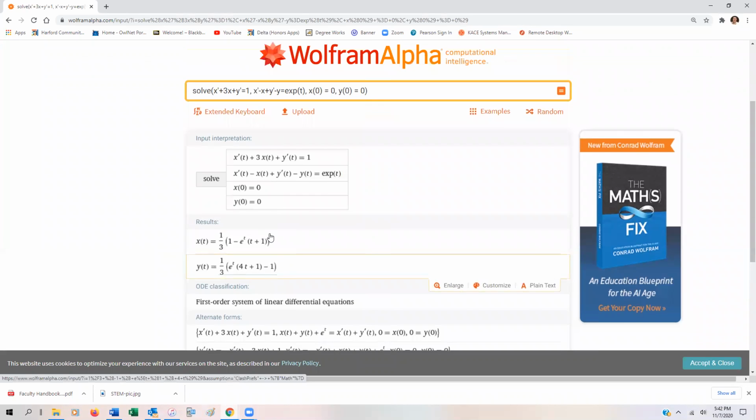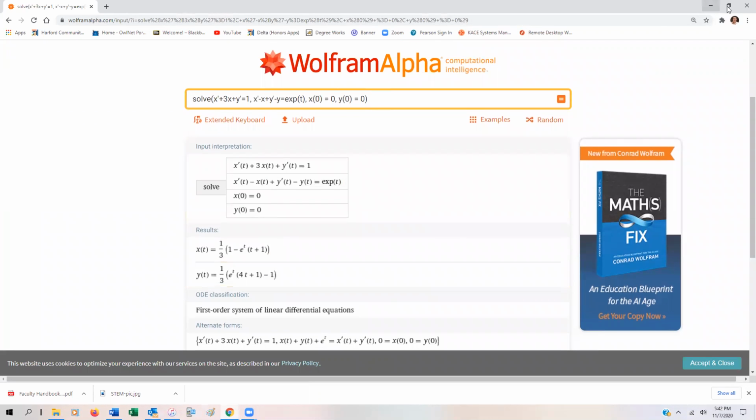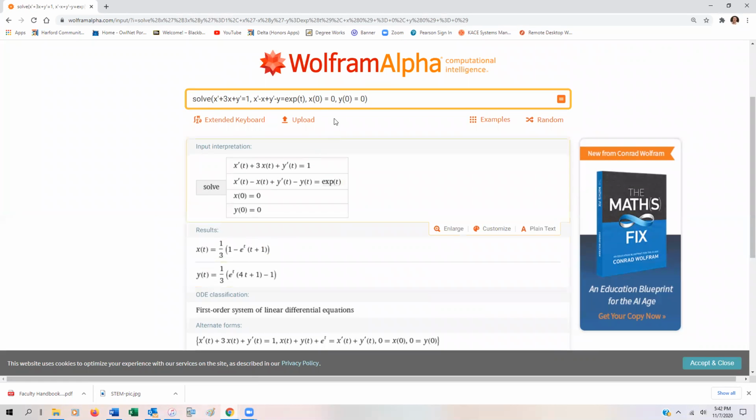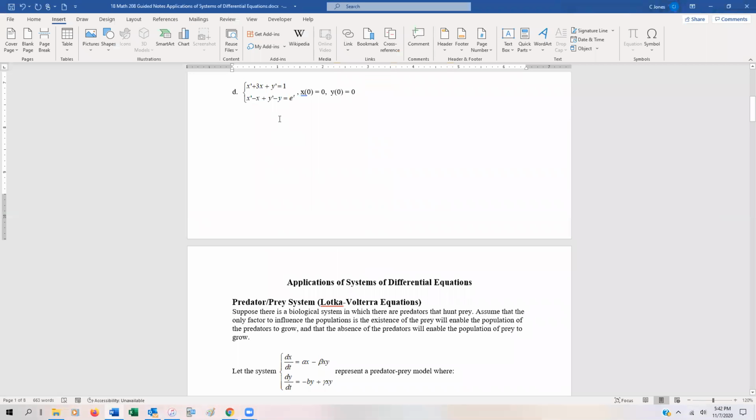I do remember earlier in the semester, this was actually a problem that we solved by hand using either the elimination or the substitution method. So now we can see that we can check these using Wolfram Alpha. Just like we did before, we're going to copy the code over. So here's our Wolfram Alpha input,